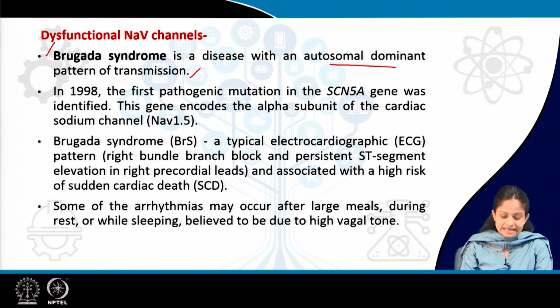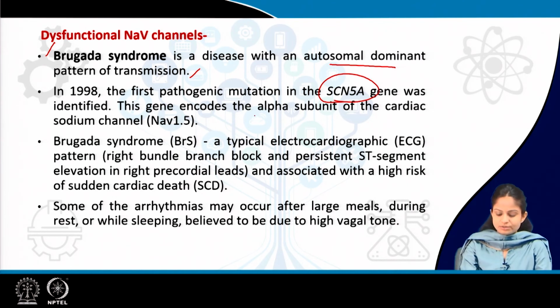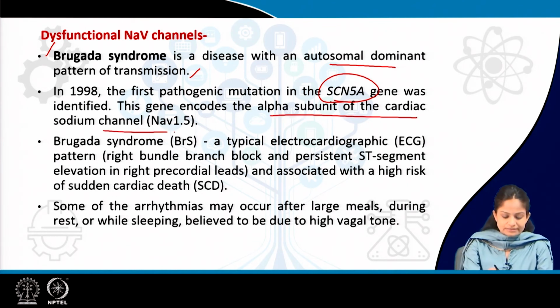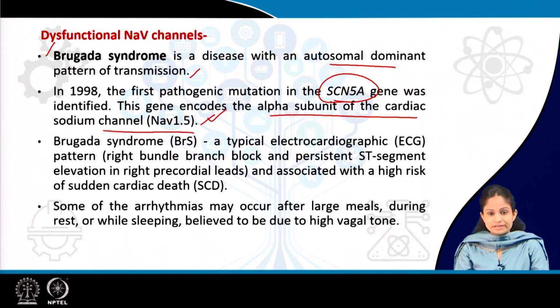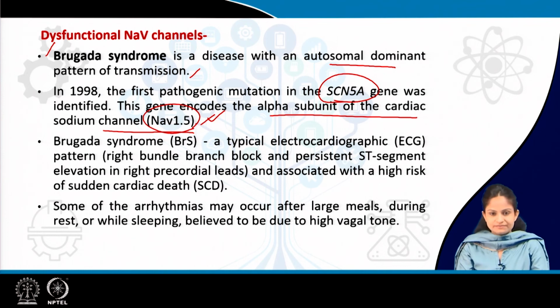In 1998, the first pathogenic mutation was seen in the SCN5A gene, and this gene mainly encodes the alpha subunit of the cardiac sodium channels, to be specific, NaV 1.5. So, this we have to remember. Brugada syndrome mainly affects the alpha subunit of the